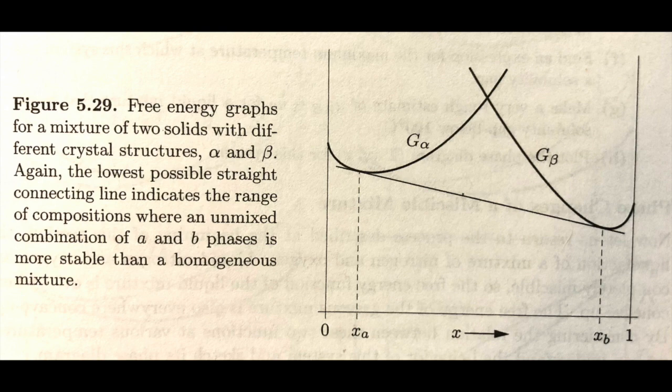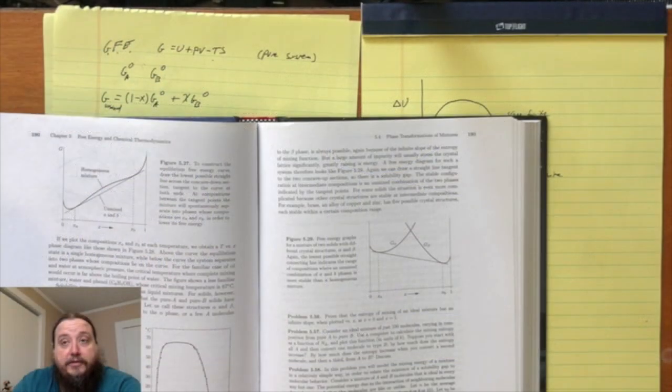But as soon as you start getting appreciable amounts of impurities that want to form their own crystal structures, then this introduces a lot of distortion and a lot of stress into the crystal matrix, and so the energy terms